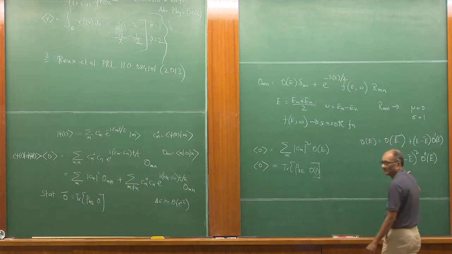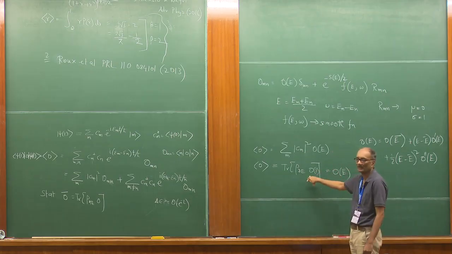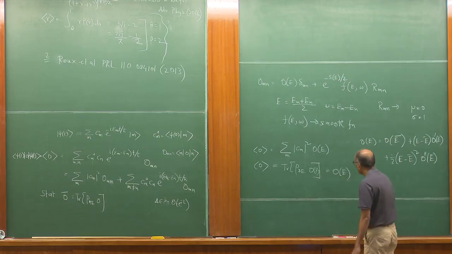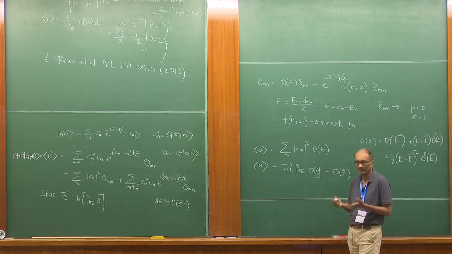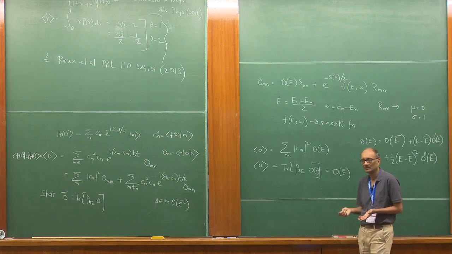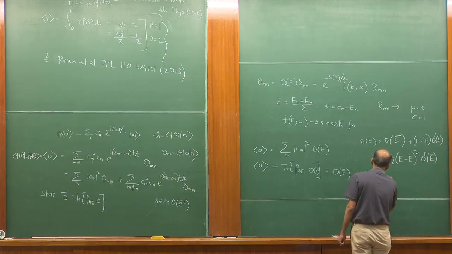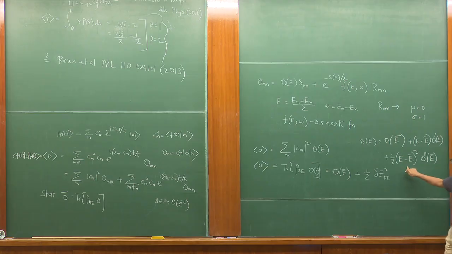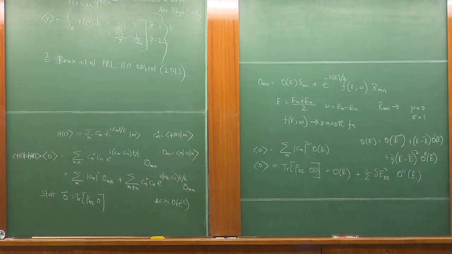I'm going to take this and expand, and put this back. So the first term is O of E bar, because trace rho is just 1 and this doesn't have an E dependence anymore. The second term is 0 because it has an E minus E bar. So the trace of rho times E minus E bar is just 0, because the trace of rho E is what gives you E bar. The third term would give you some fluctuations, which I'm going to call delta E dE square, whatever that fluctuation of energy is, times O double prime E bar as a second derivative. Now, if I do the same thing,